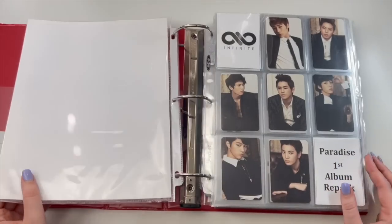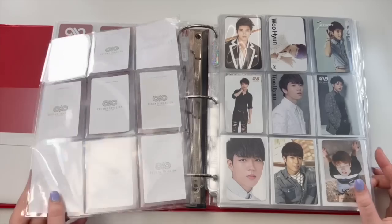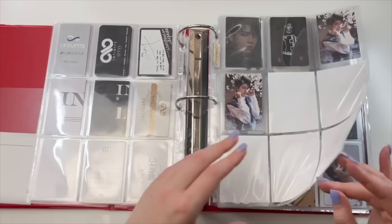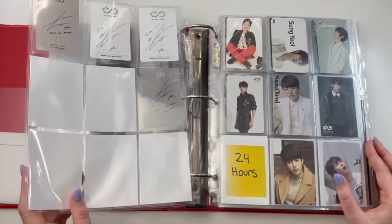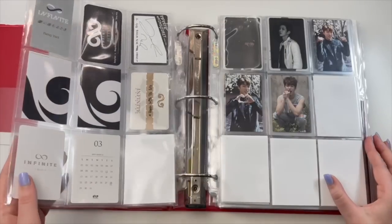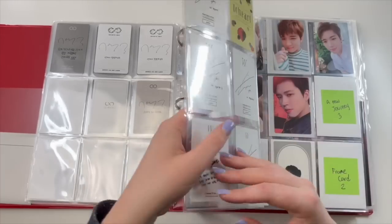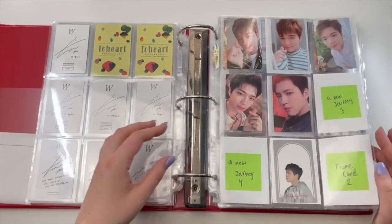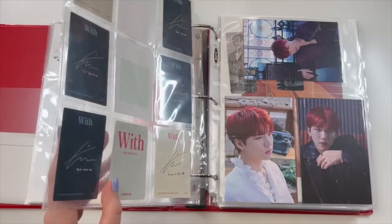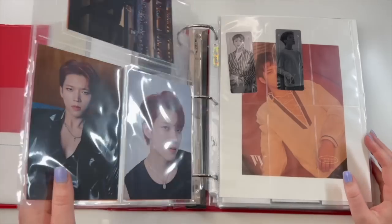This next binder is my Infinite binder. Infinite are one of my favorite groups of all time, and I collect Woohyun and Sungyeol for Infinite. Though I've been really bad at collecting Woohyun as he's released solo albums. Never found that 24-hour Sungyeol card. I'm convinced it doesn't exist. But here are some Woohyun cards from some of his albums. Definitely missing a lot, so hoping to expand this collection a little bit, especially because Infinite are a little more